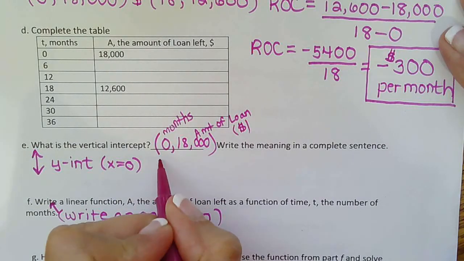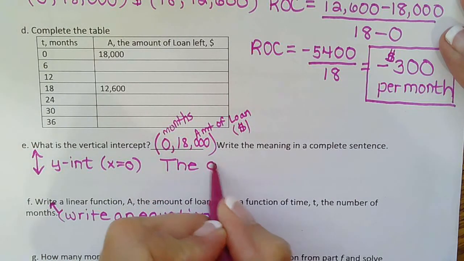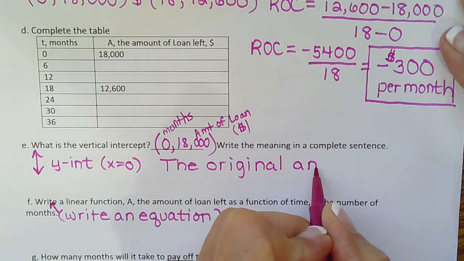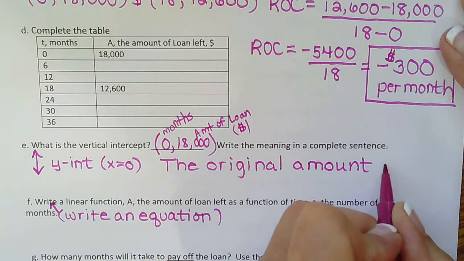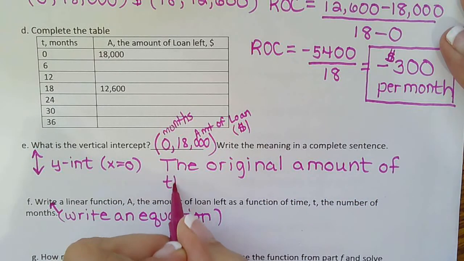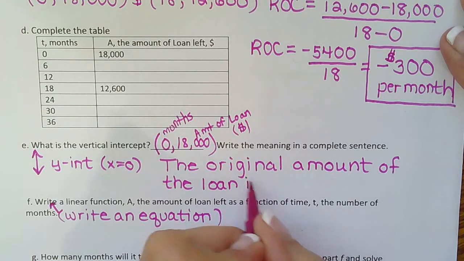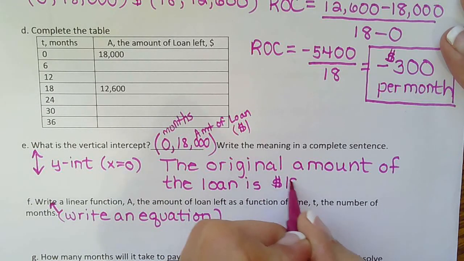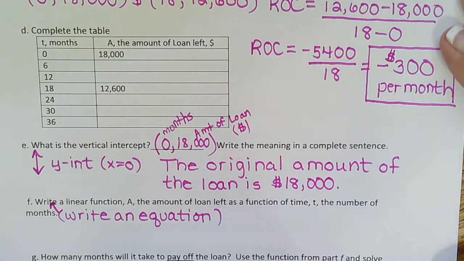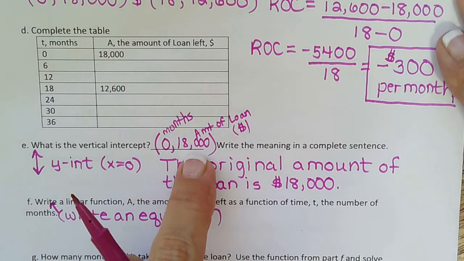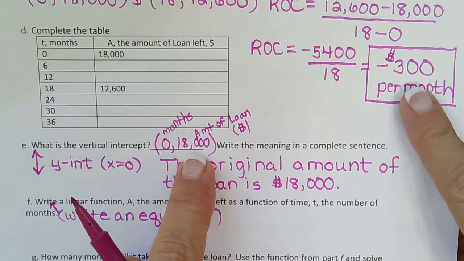So that would be the sentence here. The original amount of the loan is 18,000, and make sure you label it with the dollar sign. So everything has to be labeled with its units. So now that we know B, the y-intercept, and now that we know M, the slope,